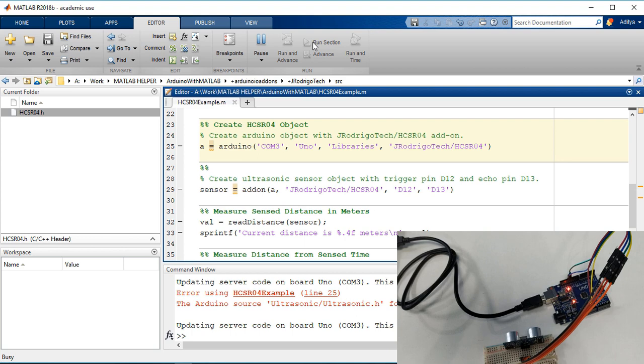So in the first part we're just creating an Arduino object, and in the later part we'll be using the add-on, and next is actually reading the distance.